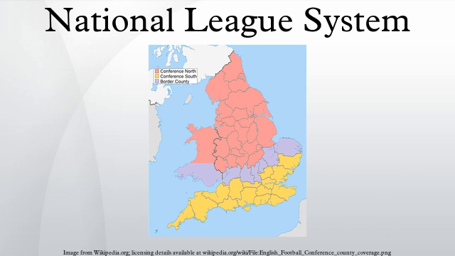In theory it is possible for a lowly local amateur club to rise to the pinnacle of the English game and become champions of the Premier League. While this may be unlikely in practice, there certainly is significant movement within the pyramid. The number of teams promoted between leagues or divisions varies, and promotion is usually contingent on meeting criteria set by the higher league, especially concerning appropriate facilities and finances.